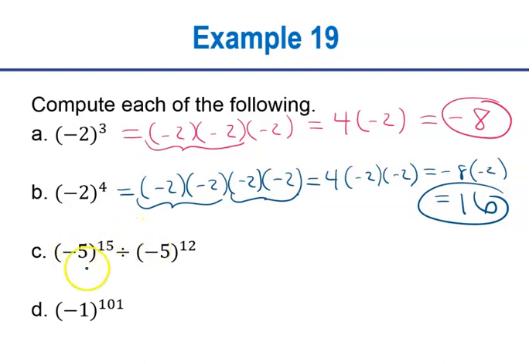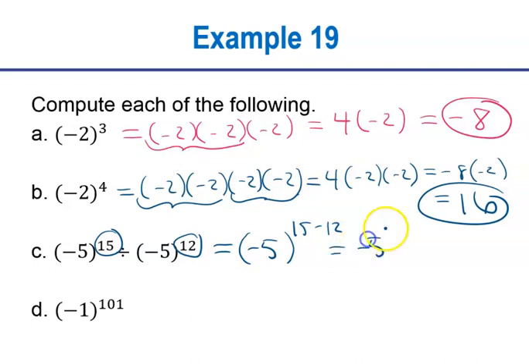Now you can think about that on this question if you want to, but we really don't want to raise negative 5 to the 15th power. If you recall, we have a property of exponents that when we divide with the same base, and those bases are both negative 5, then we could subtract the exponents. This is equivalent to negative 5 to the 15 minus 12 power, which is negative 5 to the third,